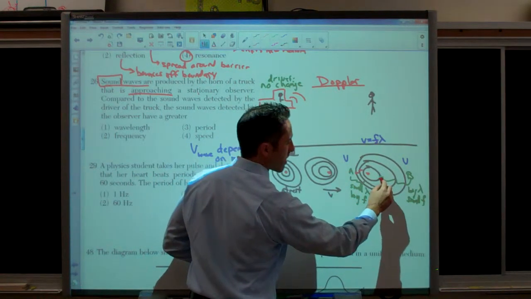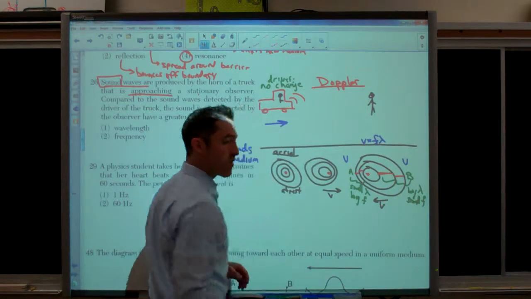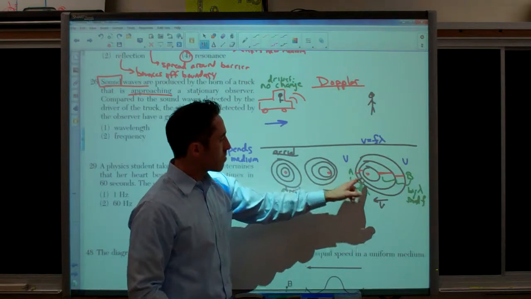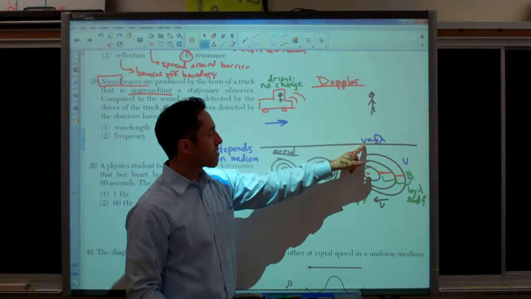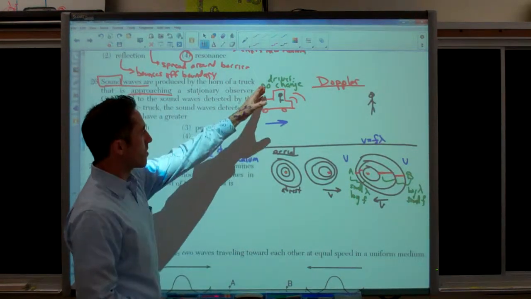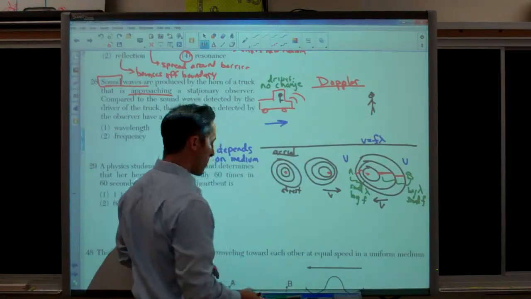The wavelength on this side is this distance. You can actually put a ruler on it, this distance, if they give you a scaled drawing. Okay, so if the wavelength is small, the only way to keep this constant is you have to have a big frequency to compensate. All right, so we notice the driver notices no change,